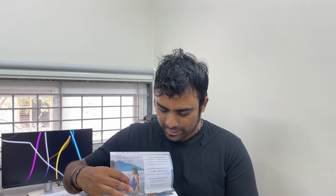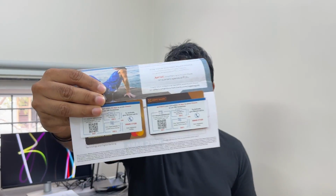Now the other question you guys might be wondering is, is an add-on card acceptable? Yes, definitely. I have already applied for my add-on card here. As you can see, I'll just show it to you guys. So the add-on card is already here, guys. I've already applied, as you can see on my screen. So I already have this add-on card, and certainly whoever has the add-on card, in this case my wife, can access